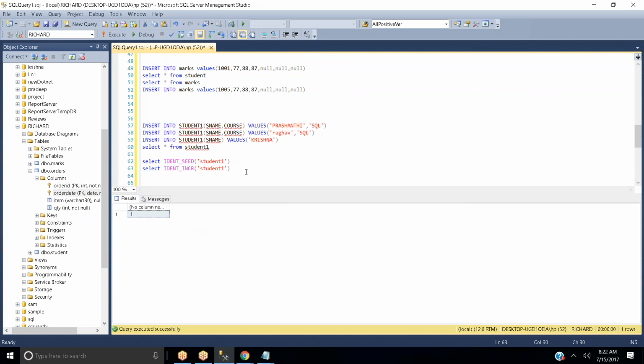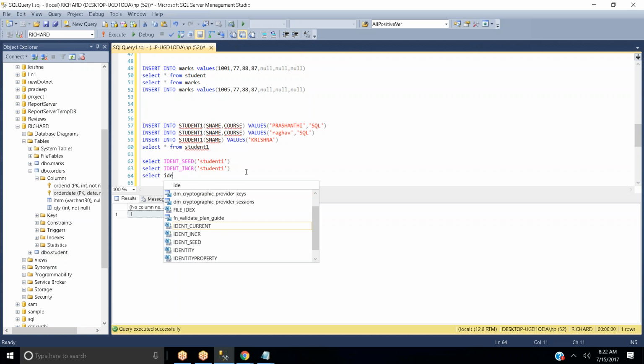Now, how many records have you inserted till now? 3 records: Prashanti, Raghav and Krishna. So what is your current seed value here? It should be 1003, correct? So how to identify that?